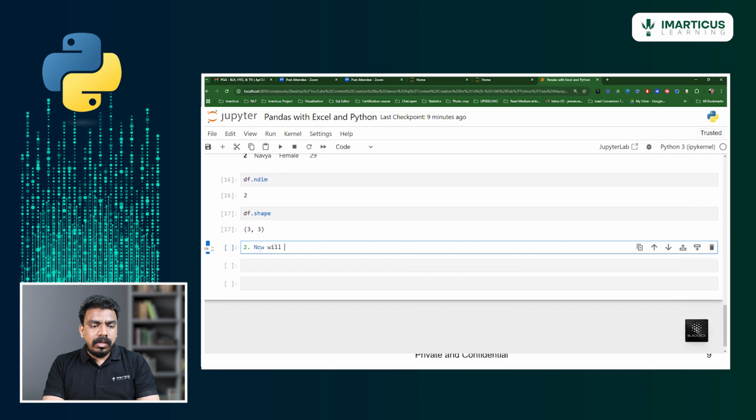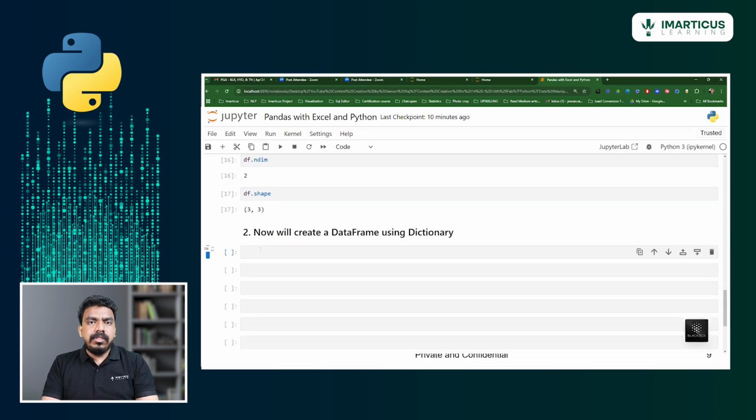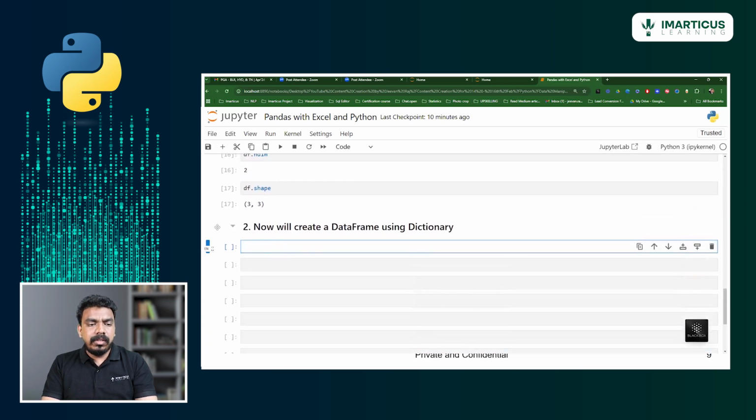Now, we'll create a data frame using a dictionary, right? So now we'll try to create a data frame by using the dictionary. Compared to a list, while using a dictionary, it is very simple to create a data frame. So the simple way is that you provide df1 equals, in the curly braces, where it takes